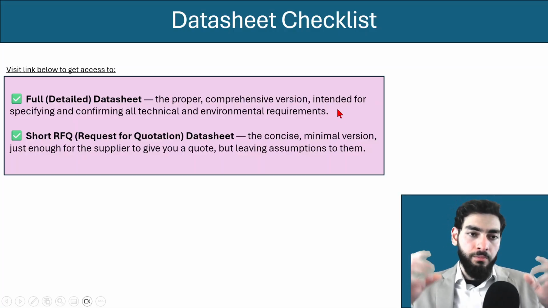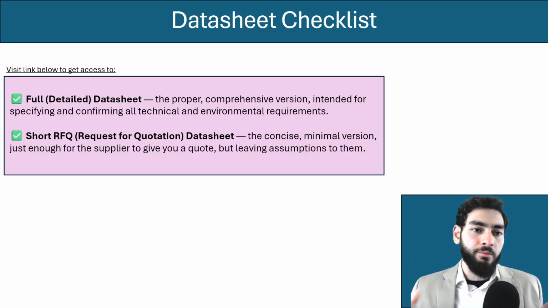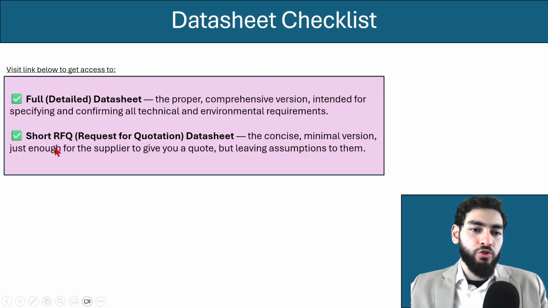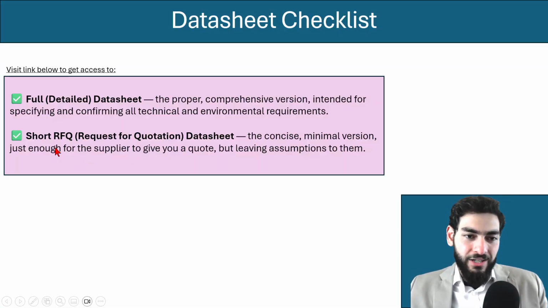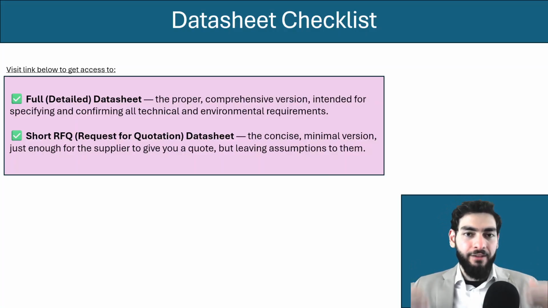And also there's going to be an area for notes where you could communicate other technical information or environmental requirements that were not mentioned. You can also get access to the short version datasheet for a request for a quotation, and this is the concise minimal version, just enough for the supplier to give you a quote, but leaving assumptions to them. In any case, you're going to have to review the quotation and all the specifications before making a